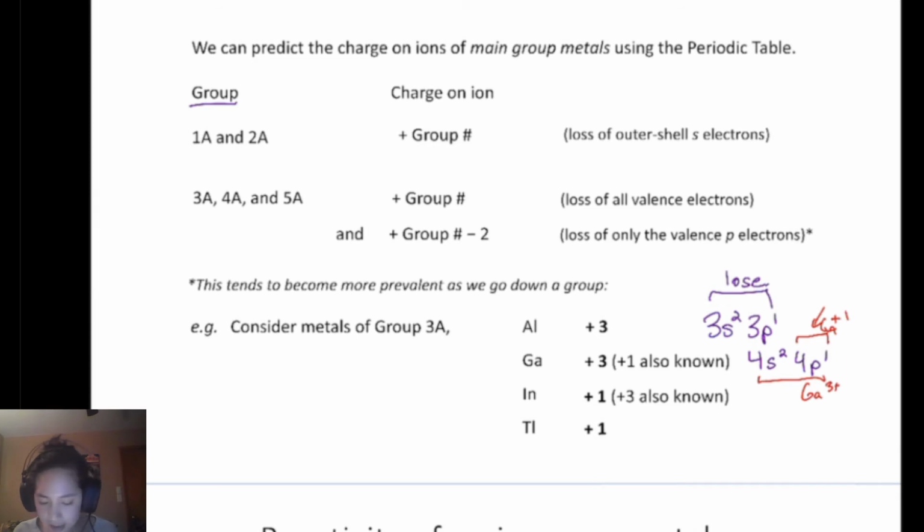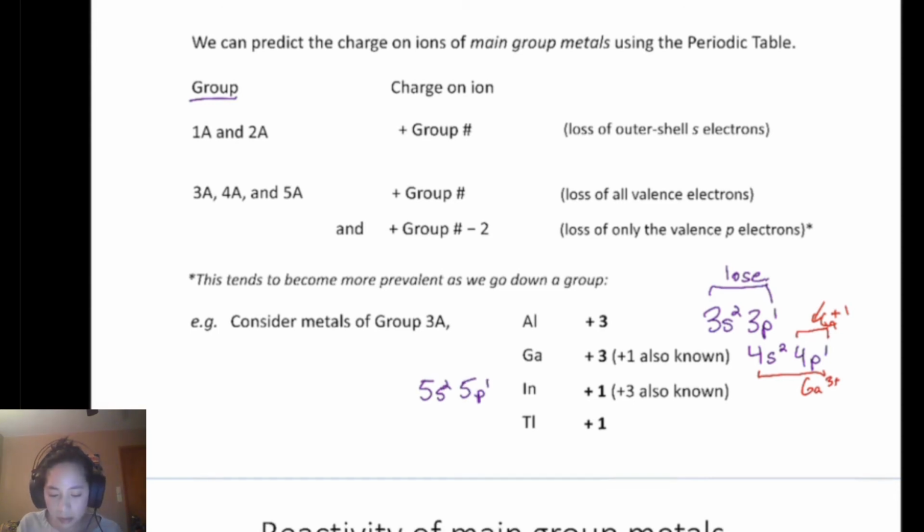It's the same type of thing going on here, where indium is 5s2 and 5p1. So indium is most likely to just lose one of its p electrons to produce an indium +1, or it can lose all three. There are some instances where we have an indium +3 compound and it will lose all three of those electrons. And then finally,